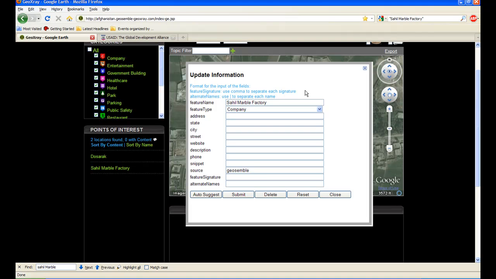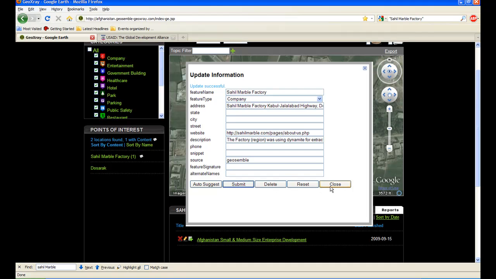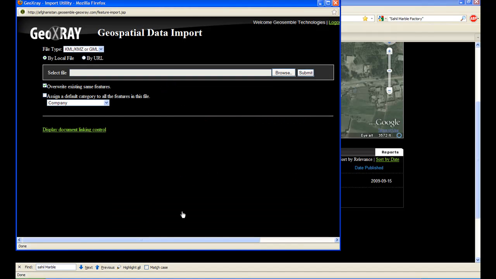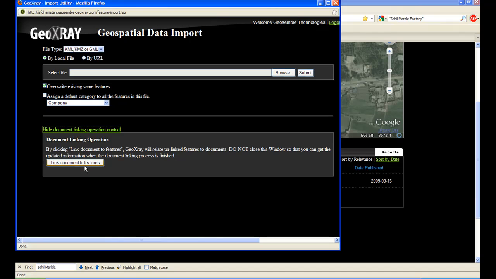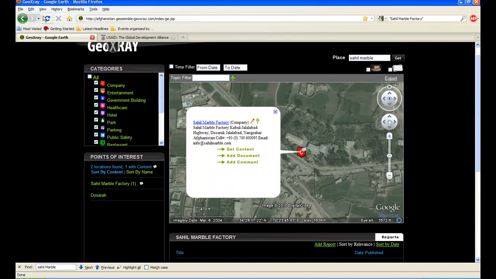Now we're going to take a look at the actual point of interest information. It may be that we were provided other information like the website address, or perhaps a description of it. In a database format, we can ingest all of this information in volume and fill in the different fields associated with points of interest. But in this case, we're just going to fill those in so you can see them. And now we're going to link the various content that we've ingested to the points of interest. Now that we've got all of the descriptions in there, which helps link it to content,